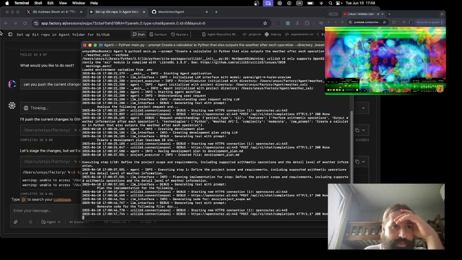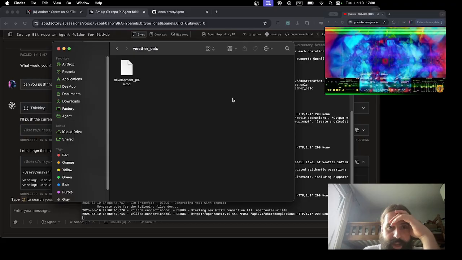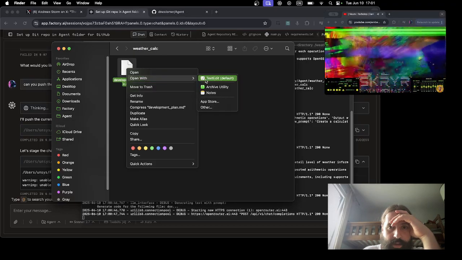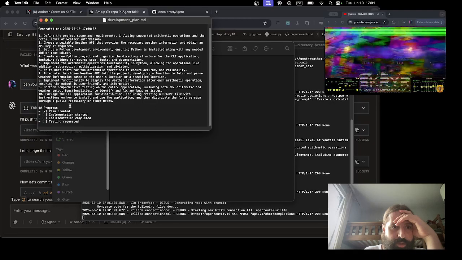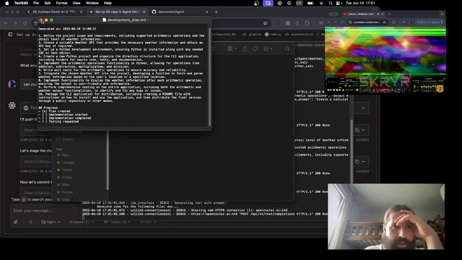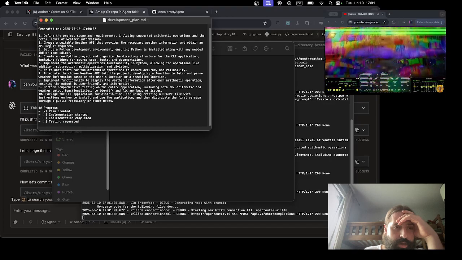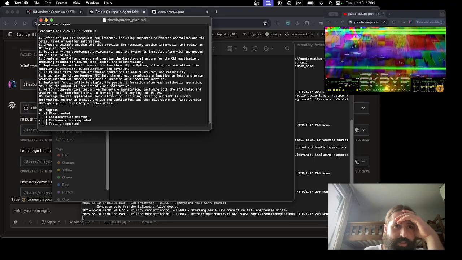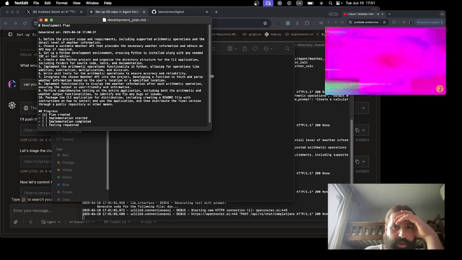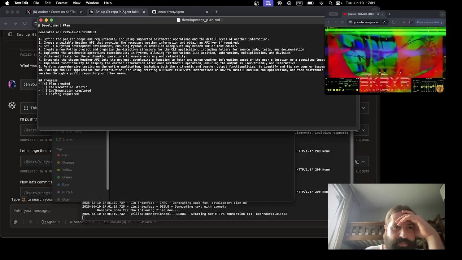Let's see if I go to agent weather calc. Okay, so it actually has multiple implements, multiple progress. Plan created. That's not really the way that I wanted it to write the plan, but